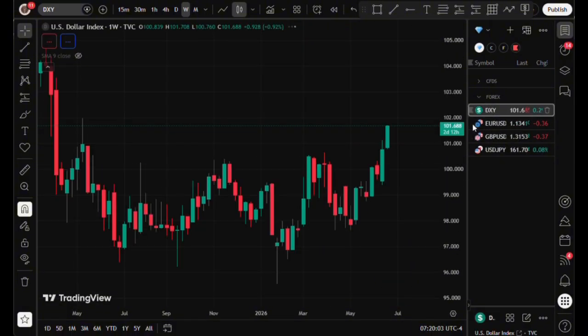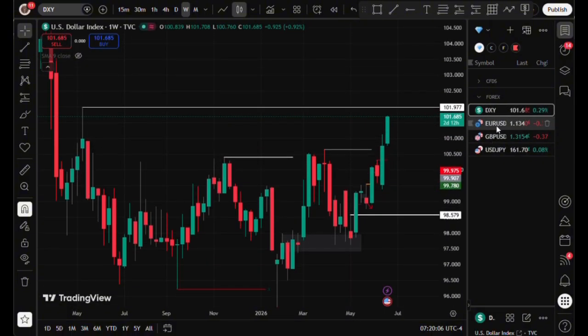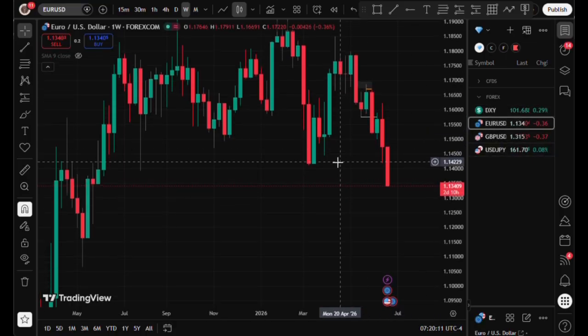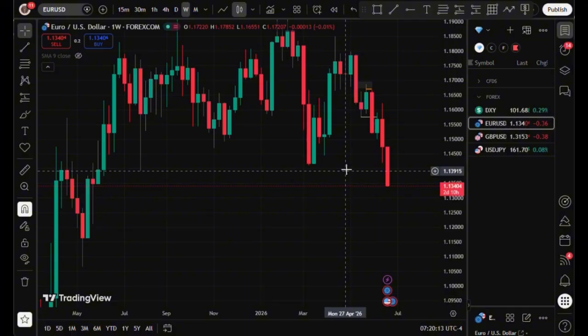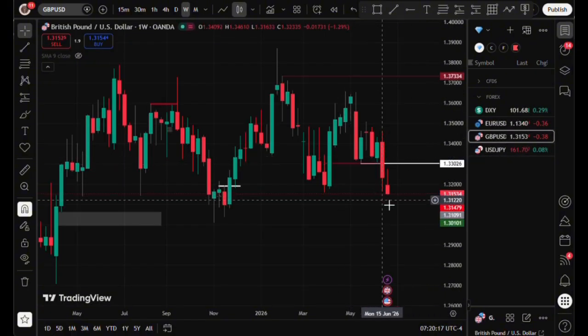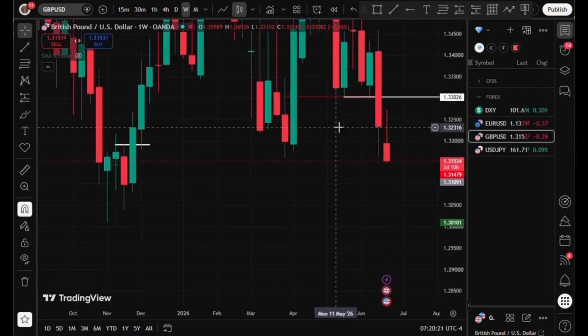So we can actually see the targets that we've been calling on the DXY and on Euro USD and GBP USD actually being met. We've been looking for bearish prices on Euro USD since previous weeks, and also on GBP USD we've been looking for lower prices, and we've seen how price has actually met those targets. So going further into the future,